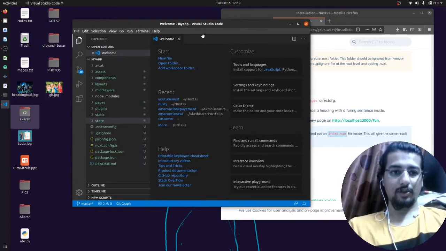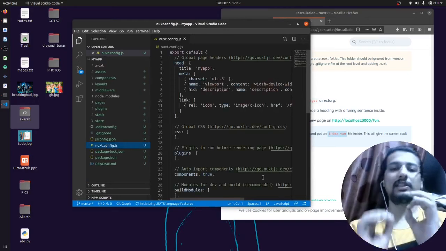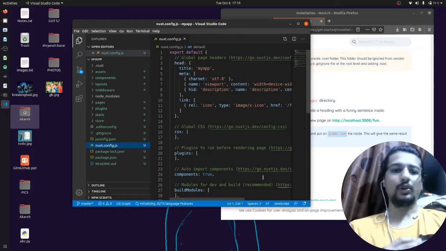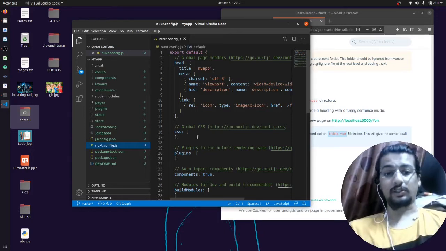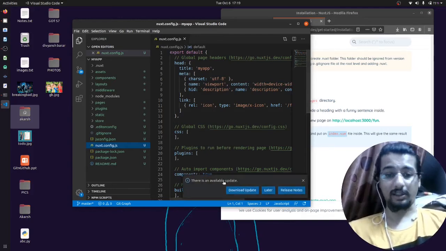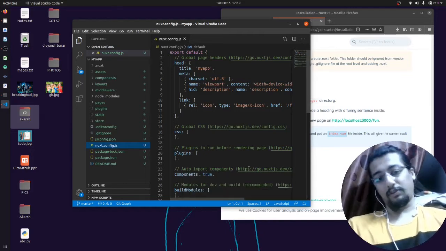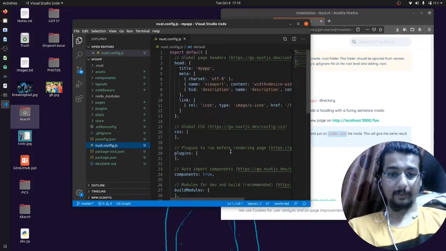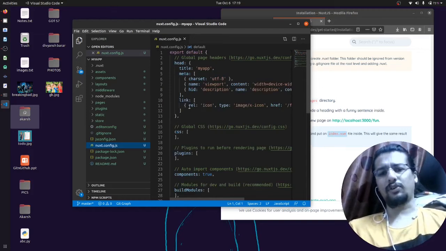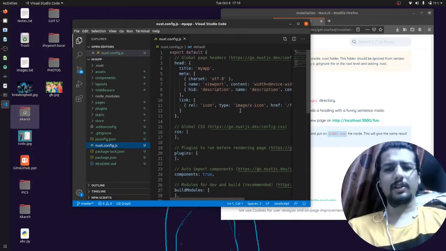Okay, so firstly, next.config.js, basically this is the configuration file of your application. You can give the path of your global css here. You can give your plugin. There is an update available, I don't know how many updates VS Code gives. And then if you want to use any font, you can give a font like rel stylesheet, href and the link of that style sheet.